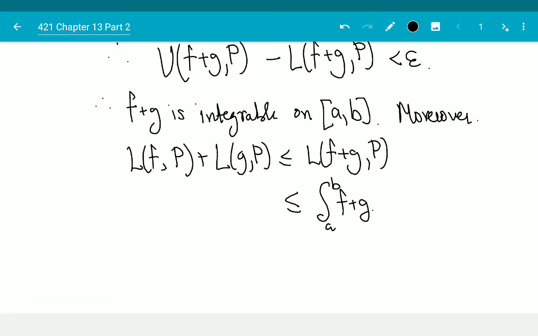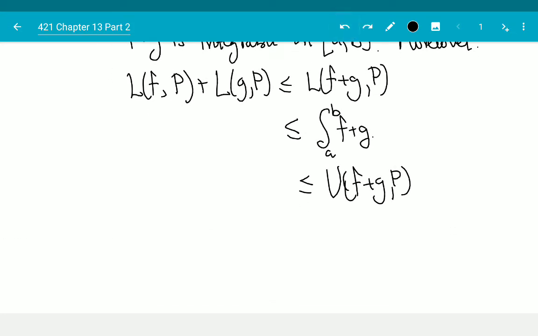And this is smaller than or equal to U(f+g,P), which is again